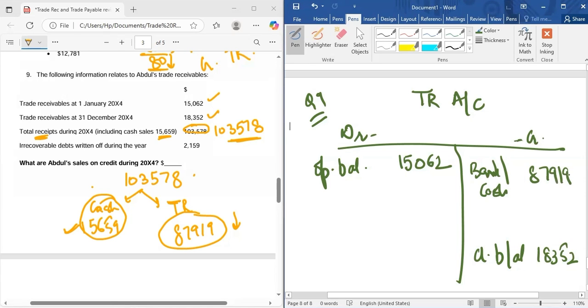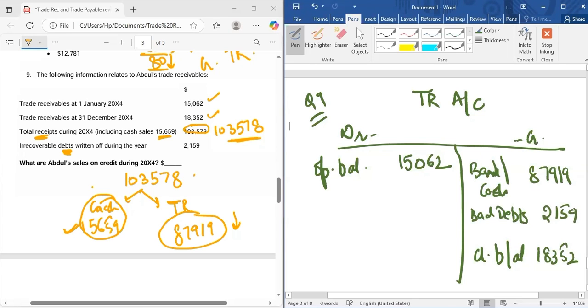Okay, that's why we are crediting it, right? And irrecoverable debts written off during the year were 2159. So irrecoverable debts again, which means that these people are not going to pay us, which means that our trade receivables would decrease since we will not receive money from them. Again, a decrease would go on this credit side, bad debts, or you can write irrecoverable debts